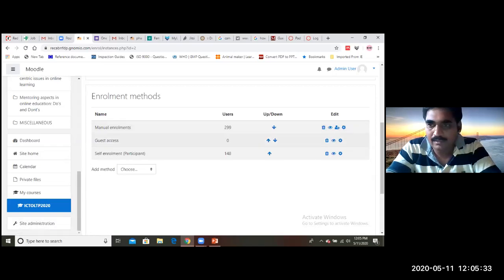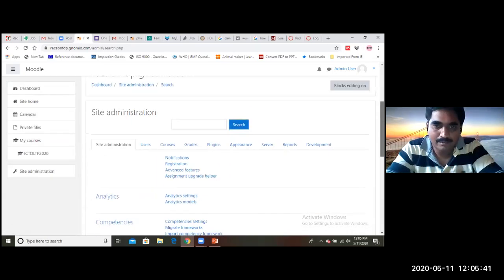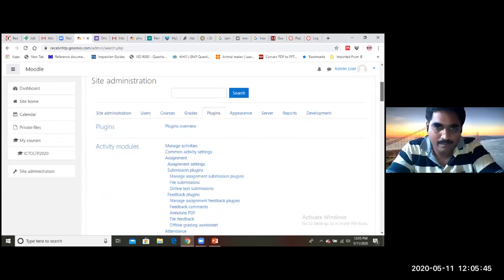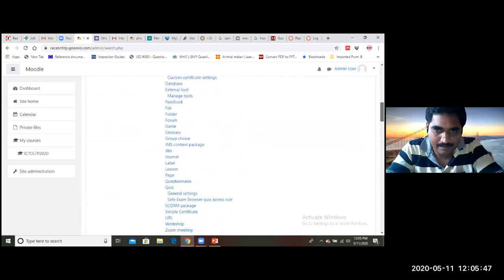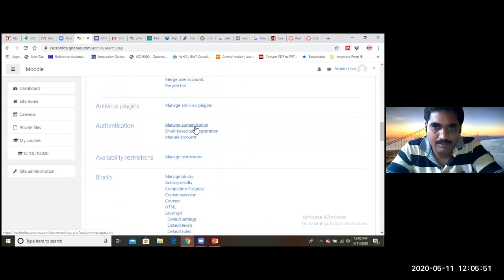after opening the eyes of all these three options, you have to go to site administration. Then go to plugins. From plugins, go to manage authentication.